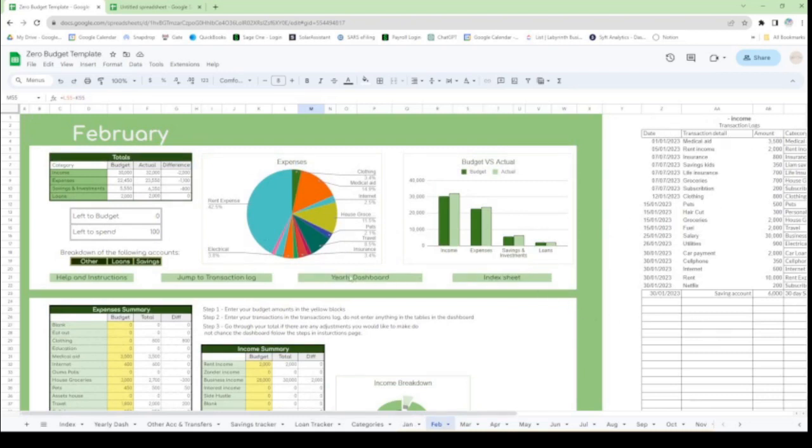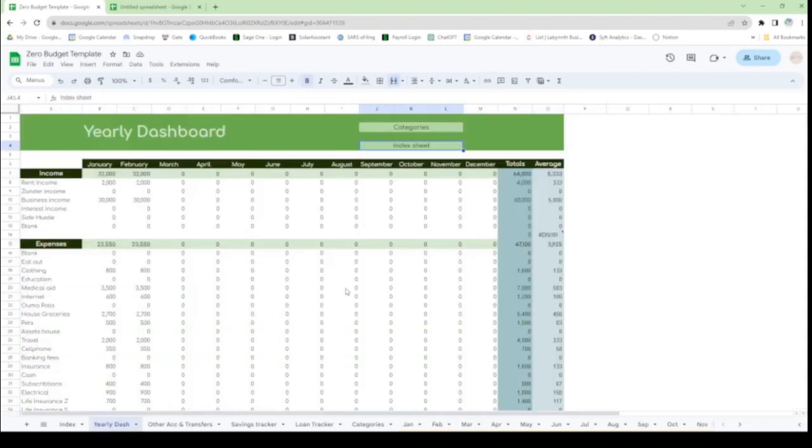So if you go to your yearly dashboard now, you will see I did January as well, so you will see February is in here as well. On an average, it will show I make that much in average income. That is just dividing it by 12. So it's this entire year. So it will show your year's average. And over here is the total for that one. Business income,